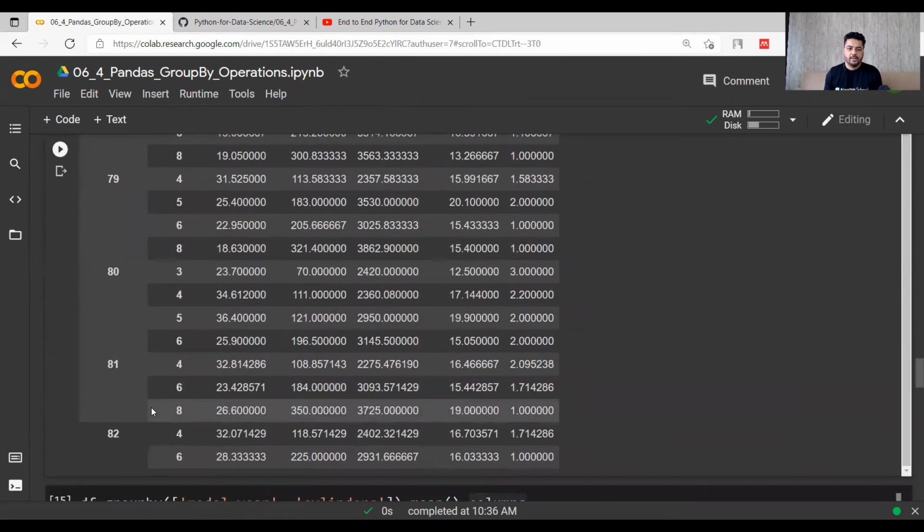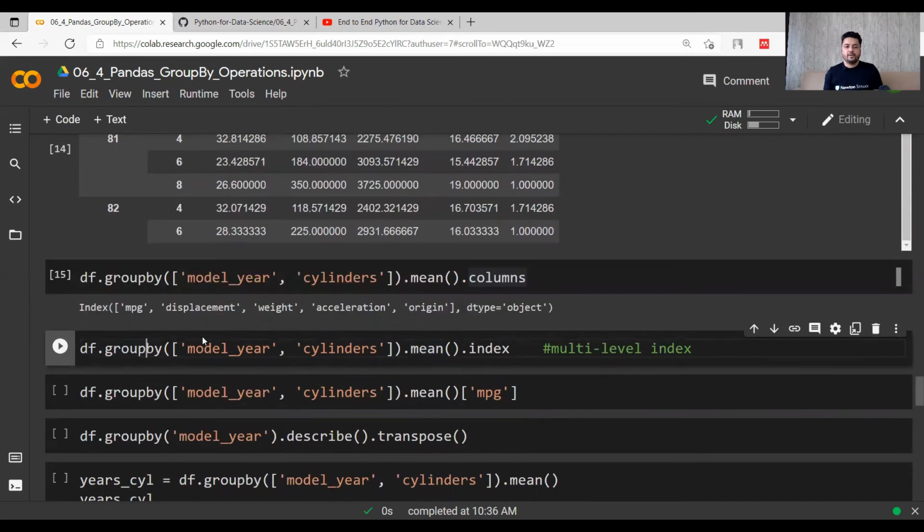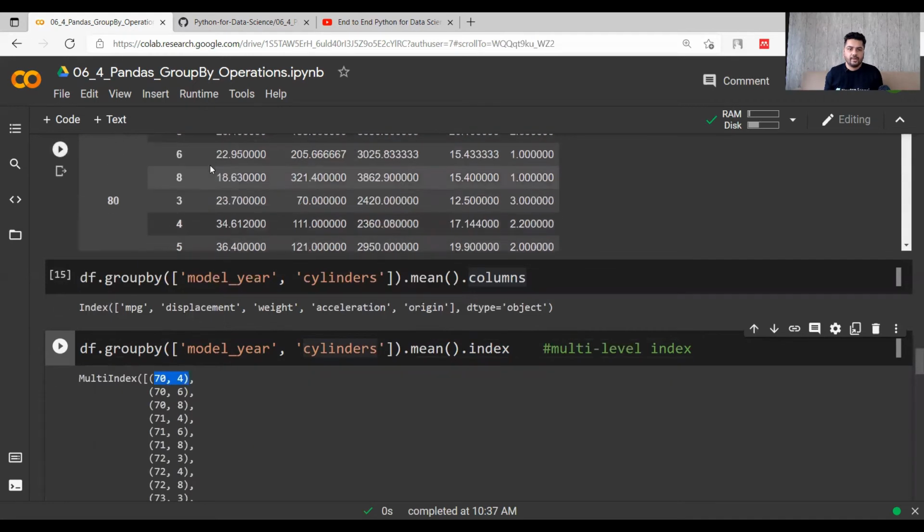Now let's move ahead. When this group by function is done over the two parameters and mean has been calculated, I want to see how my index looks. It will be something like 70,4, 70,6, 70,8. So it will have different values according to the values we saw here.